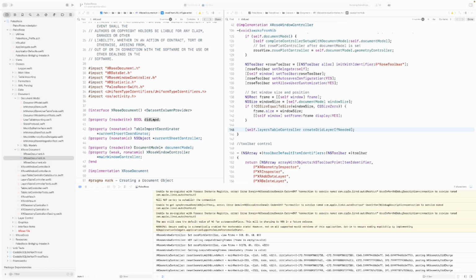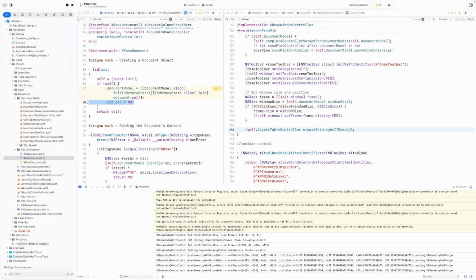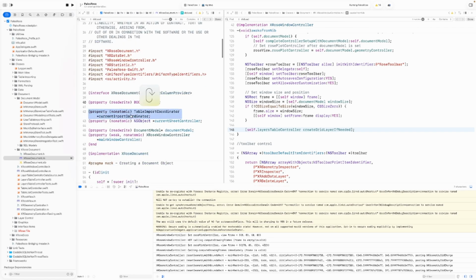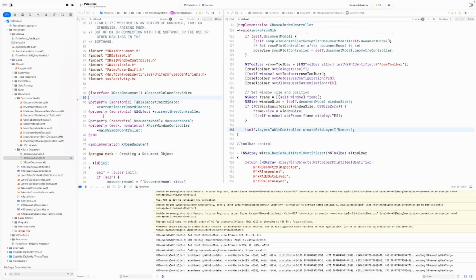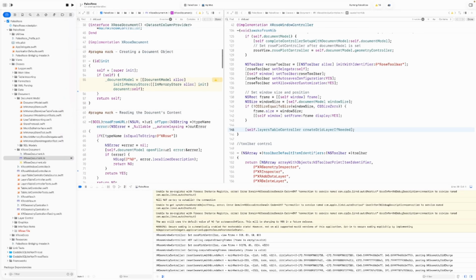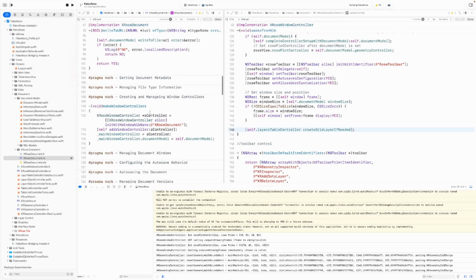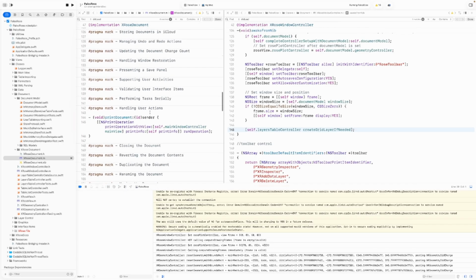All those changes we just made means that we probably don't need this anymore. Reset the did load here. Don't need it anymore. Don't need this here anymore. And that gets rid of did load. All right. So what do we have left? We need that. We need write for URL. We need make window controllers. That's definitely